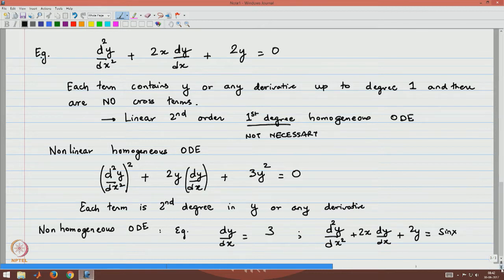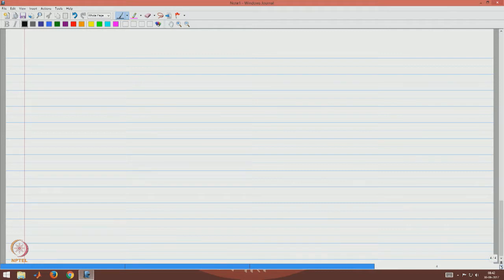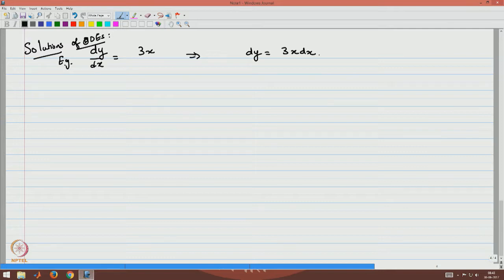Okay. So, now let us look at certain kinds of solutions of the differential equation. Suppose I take dy by dx equal to 3x. So, this is solutions of ODEs. Example: suppose I have dy by dx equal to 3x, then I can immediately write dy equal to 3x dx, and I can integrate both sides to get y equal to 3x square by 2 plus an arbitrary constant. So, this is an arbitrary constant,